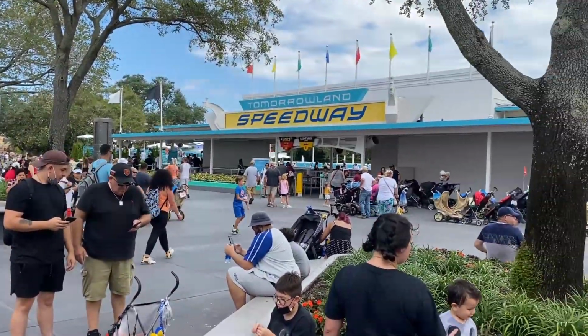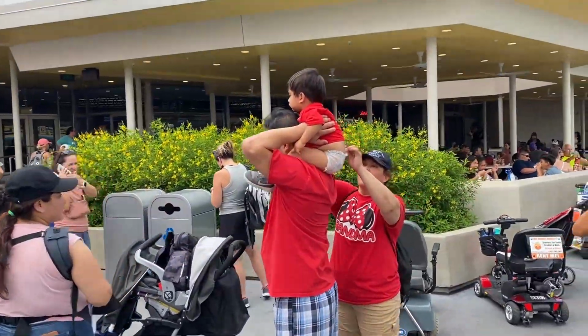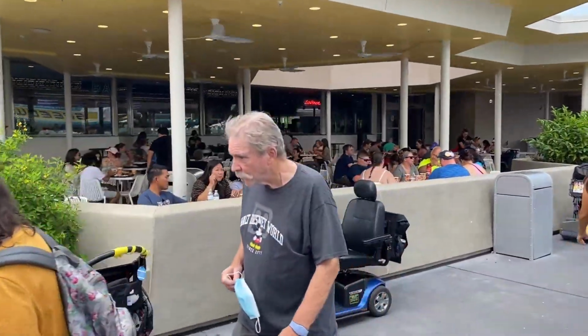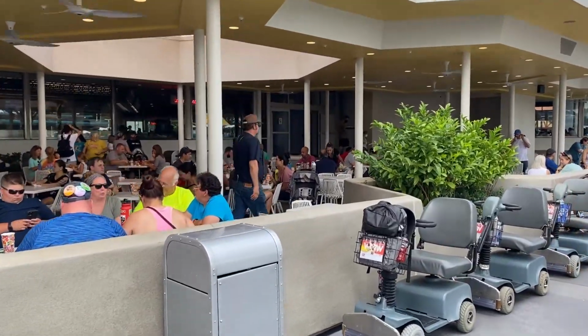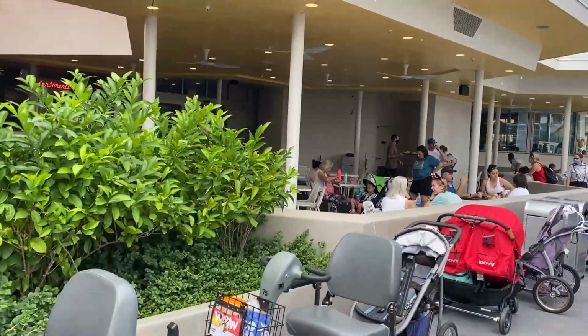It's right across the street from the Tomorrowland Speedway. It is a great place to get some food. So I just want to kind of talk about this a little bit here. So lots of seating, outdoor and indoor. As we mentioned earlier, there is an area on the inside that has Cosmic Ray himself playing sort of this